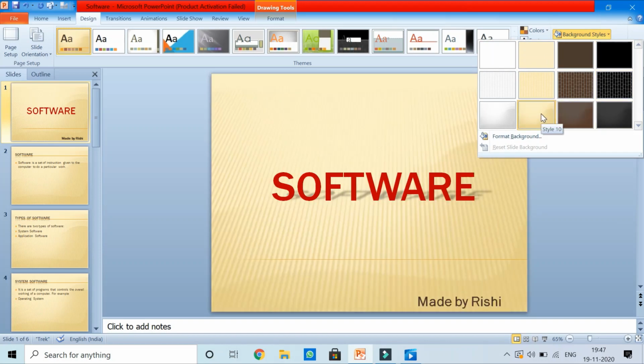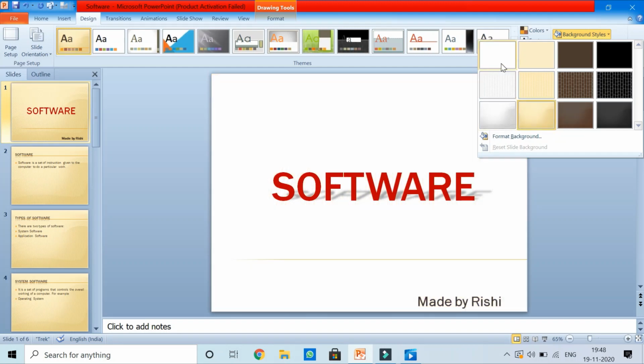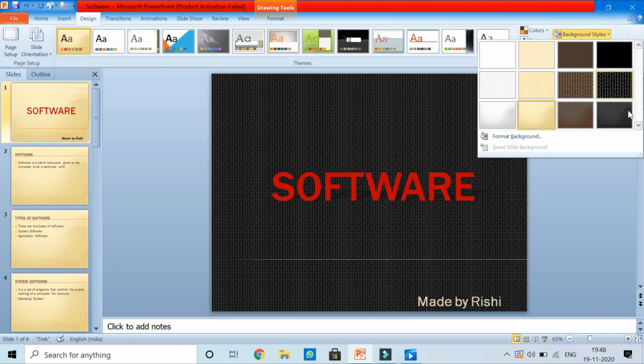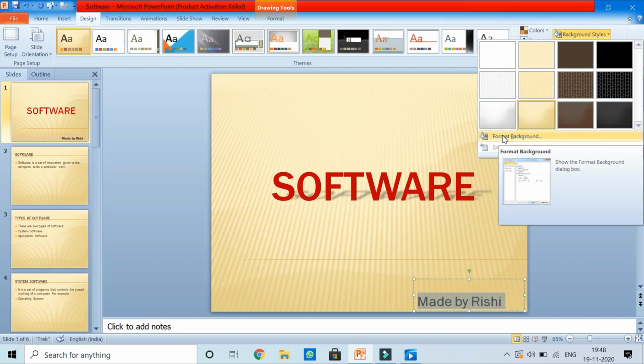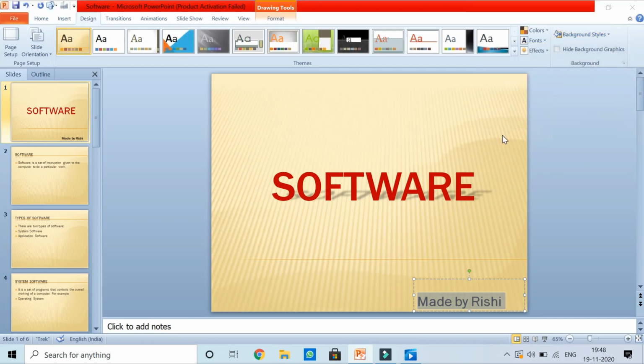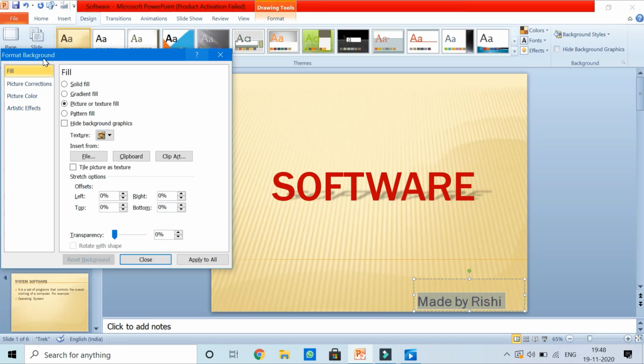You can just place your mouse pointer on it and see which one is looking better for you. You can choose it from here if you are not liking this yellow color, or you can have more options from this Format Background. And here you get this dialog box. On this dialog box there are many options regarding the background fill.